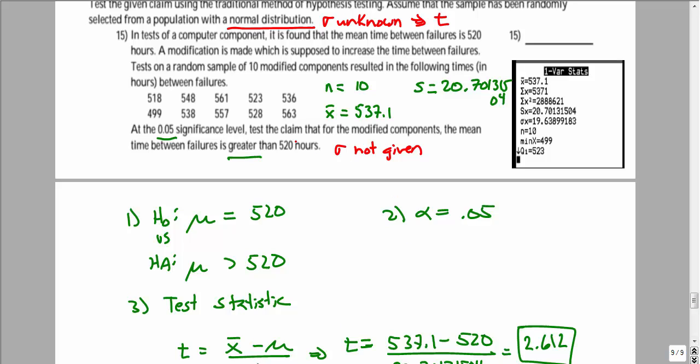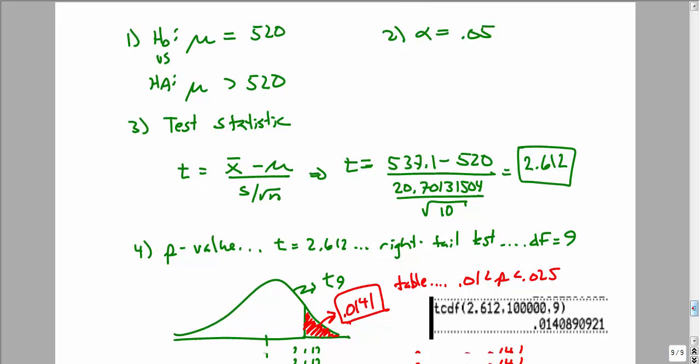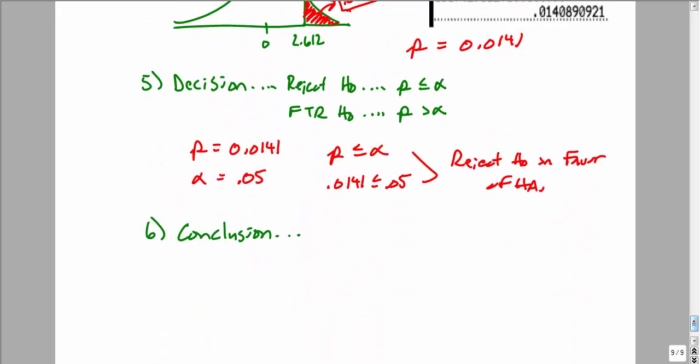We're trying to test a claim that for the modified components, the mean failure time is greater than 520 hours. Since we rejected H0 in favor of HA, it does look like we have support that the new mean time is greater than 520 hours. So the data supports the conclusion